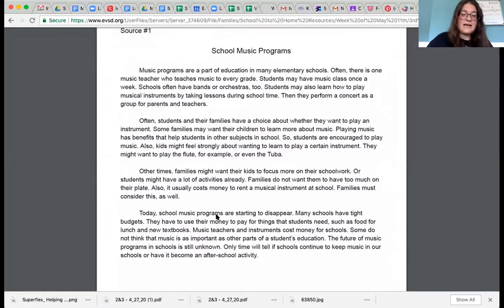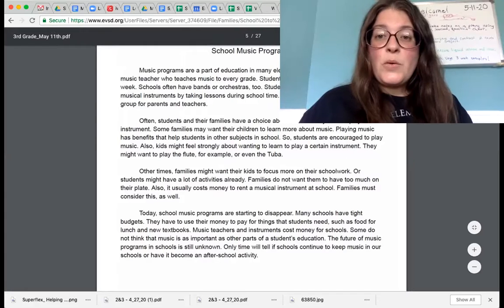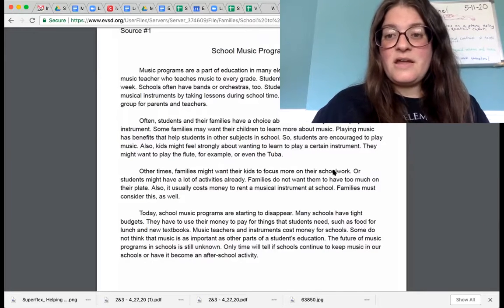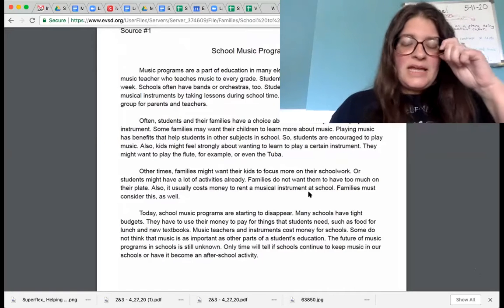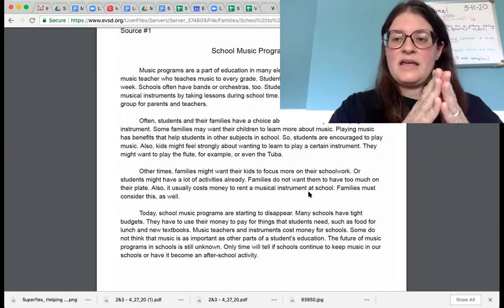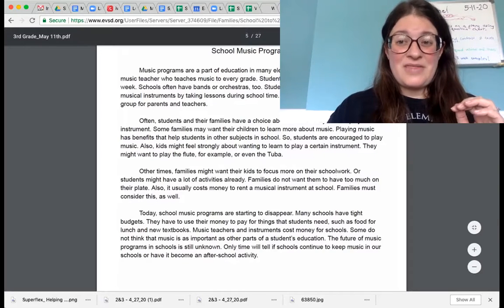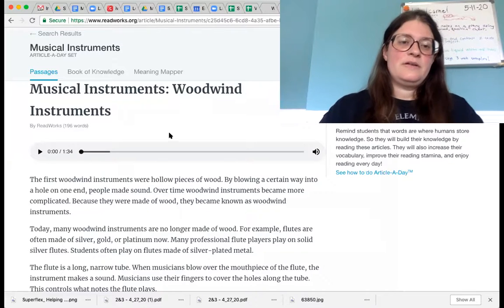So next up is reading. And now that we have read about the school music programs, we are going to compare and contrast with another article about the same topic. So comparing means that you're looking at what is the same about something, and contrast means what is different about that thing. So I found an article on my ReadWorks about